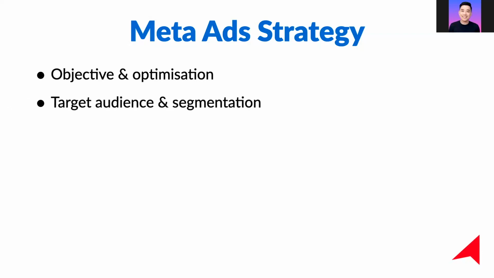Aside from that, the target audience and segmentation is really important. You really need to know who are the people that you want to target at the top of funnel, and we have a strategy to bring them in at the lowest cost possible. And then when it comes to retargeting, who are the people that we should be retargeting, for how long? And is there any possibility that we want to retarget them again in the future? So these are all the planning that we will go into, basically to build an optimized meta ad strategy.